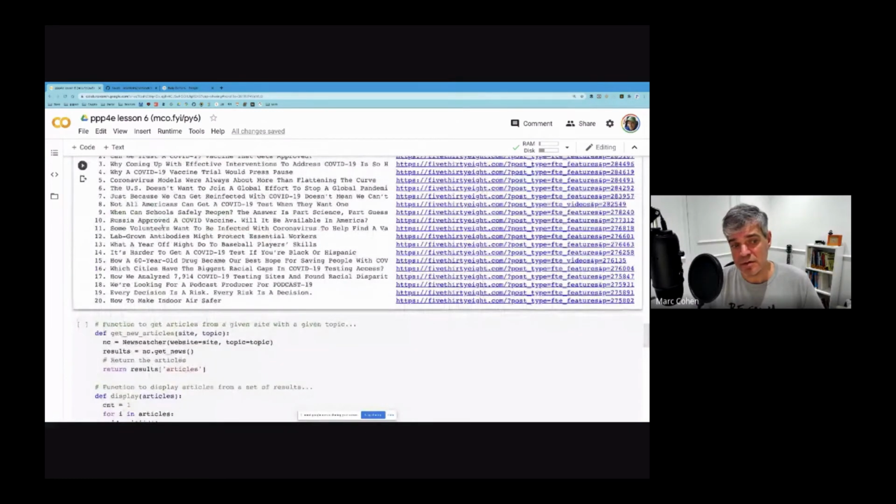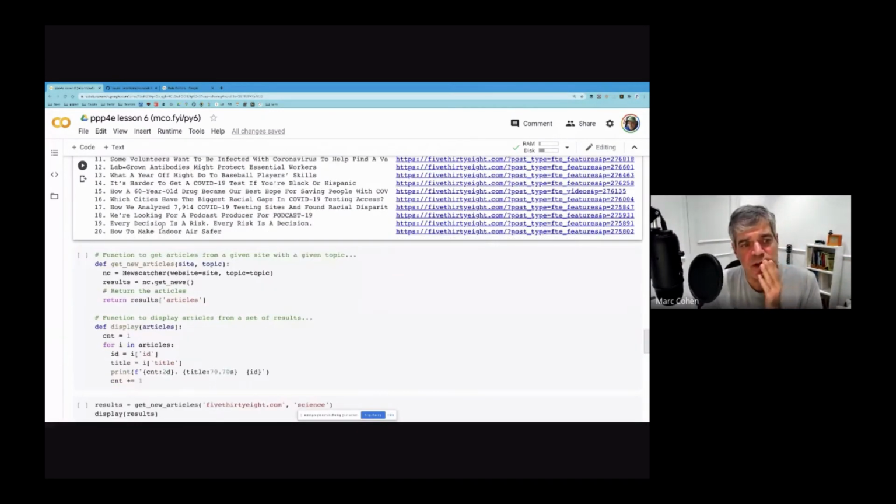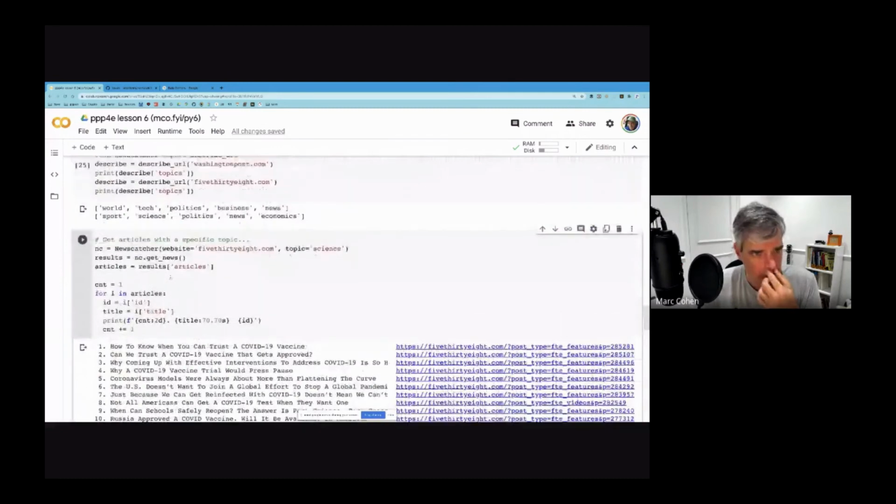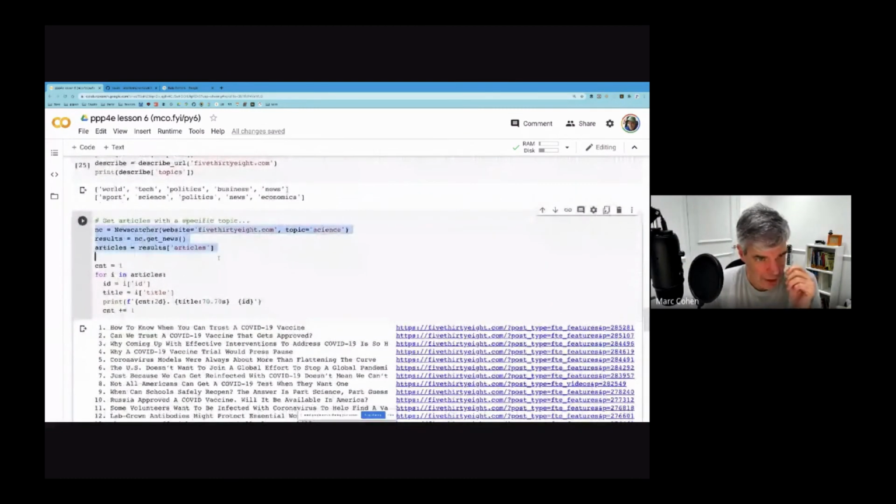I want to be able to do this over a multitude of sites. So anytime you find this condition where you're like, I want to do this a lot of times and I don't want to copy code, that says to you, I need a function. I need to create a function. So I'm going to define 2 functions. And these should look relatively familiar because I'm just taking snippets of code like this one,